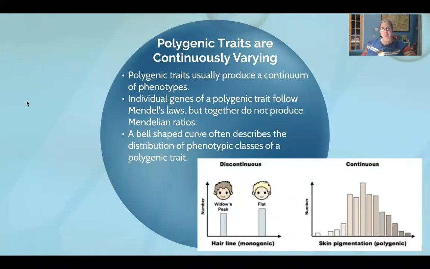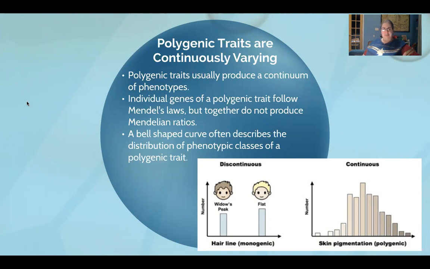Polygenic traits are continuously varying. So what we mean by this is, remember we said that each gene will provide a small additive effect to the greater phenotype. And different allele combinations of all of these genes will create different varying degrees. So what we tend to see is more of a continuum of phenotypes, as opposed to ones that we saw like,